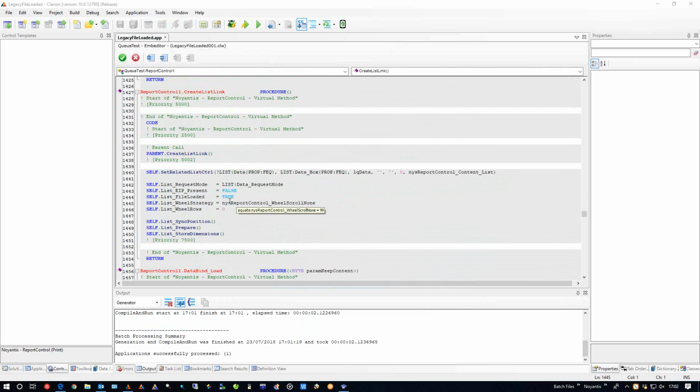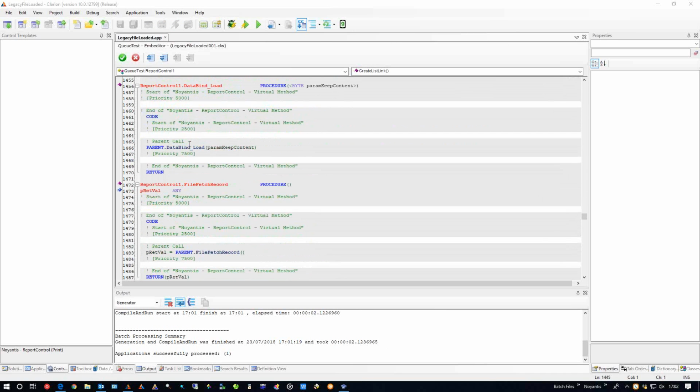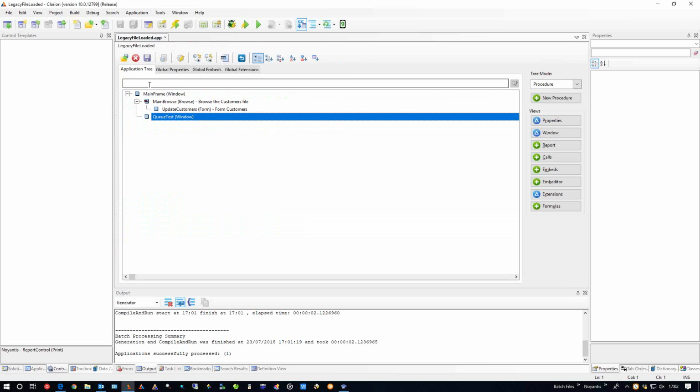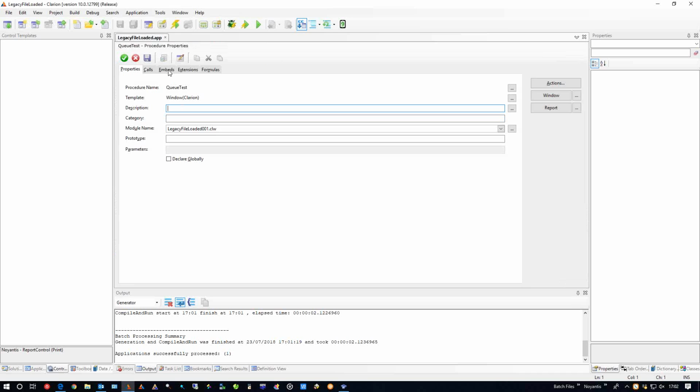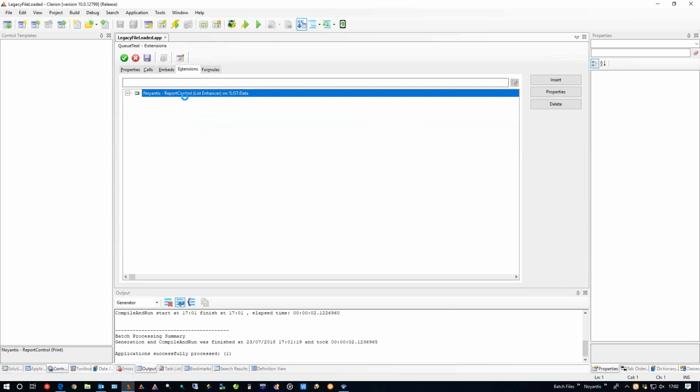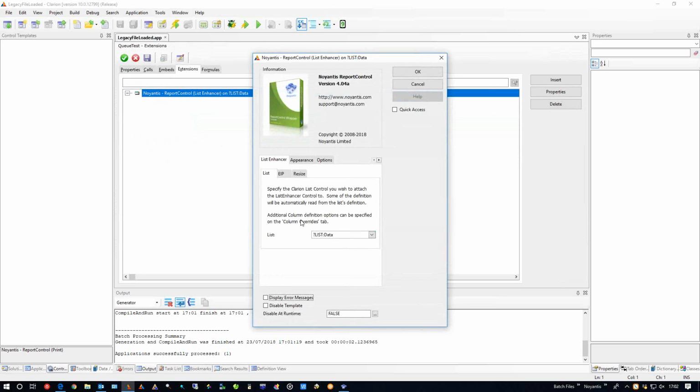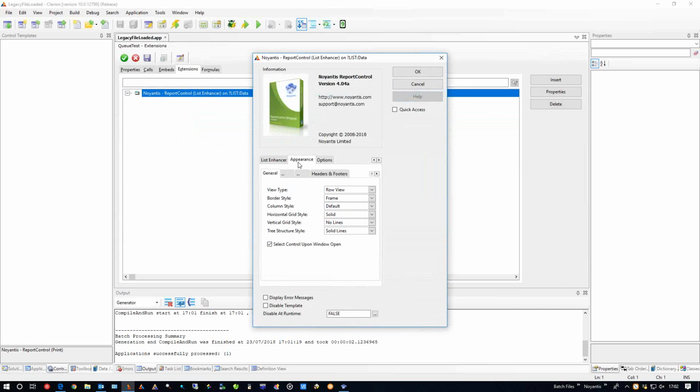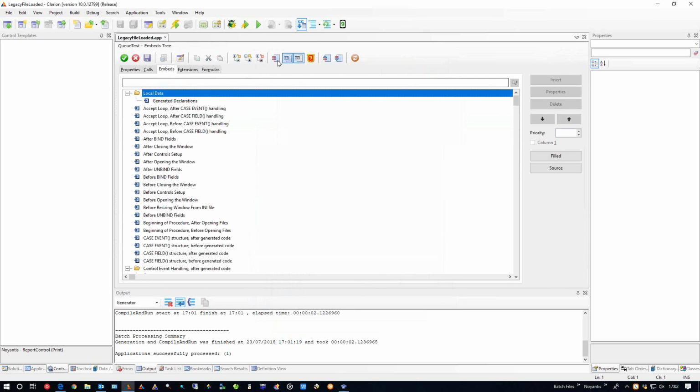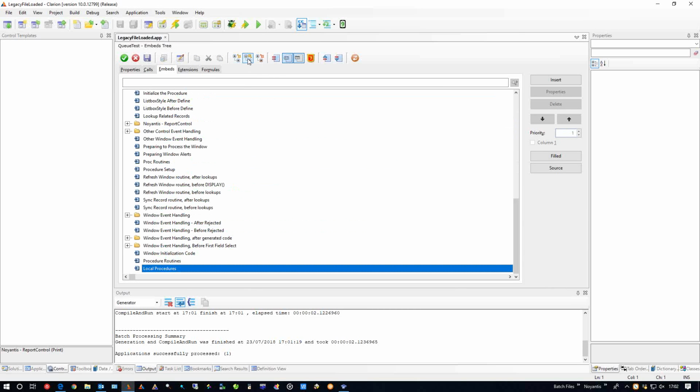Okay, Bill, I'm going to look into that because I know that should have just enhanced the actual standard Clarion list. When we put some data in it, it really shouldn't make any difference. We should have already had the control on the screen. We'll pull a couple of records in there.